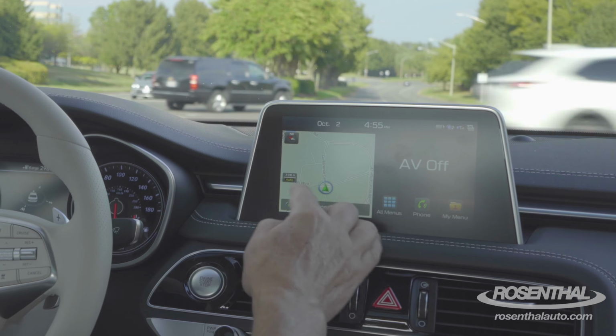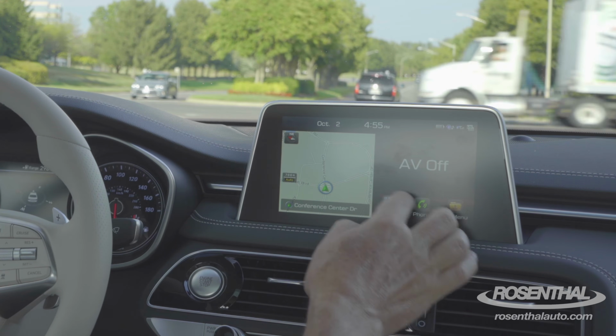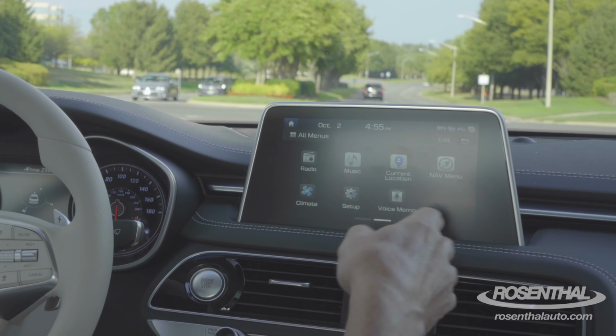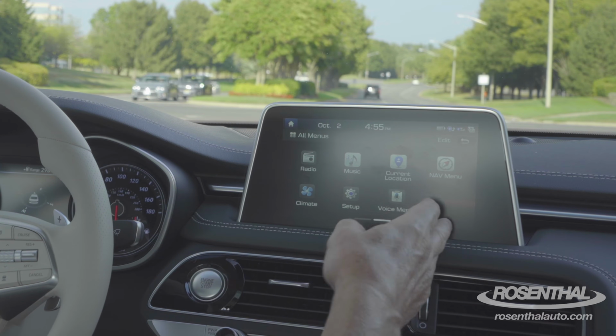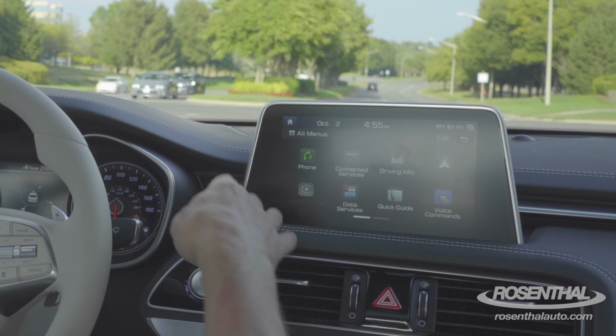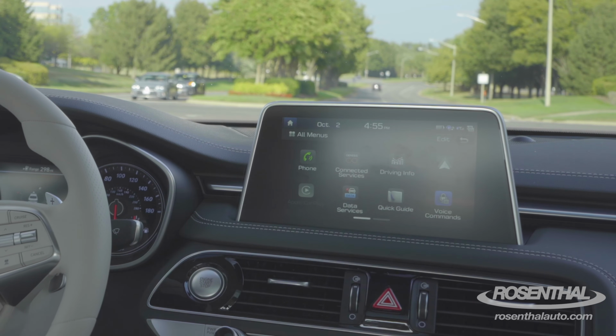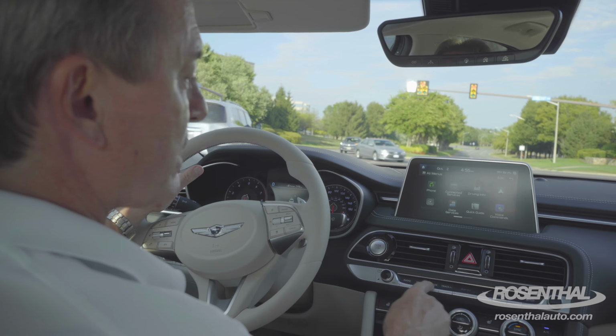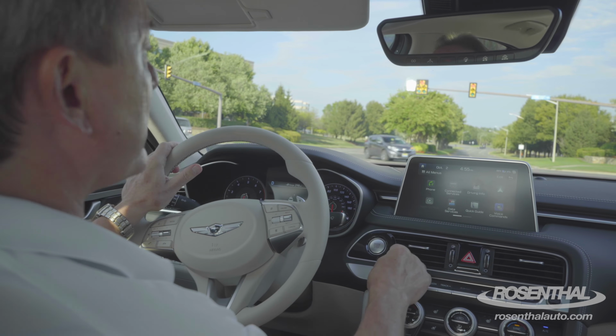You can scroll over here, let me get all my apps. I can scroll over, I've got the Navi, I've got music, current location, voice memo, climate, radio. You have the voice commands, quick guidance, etc., phone commands, everything's at your fingertips. And for your multimedia and radio, you have your hard copy buttons down here. For your stereo systems,